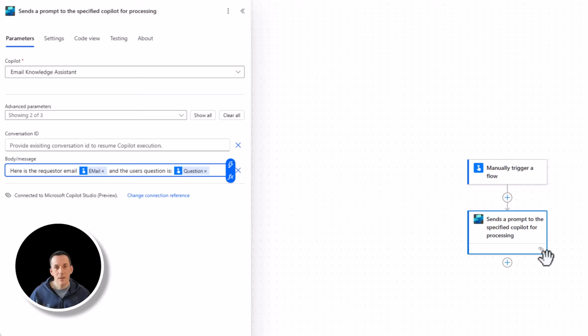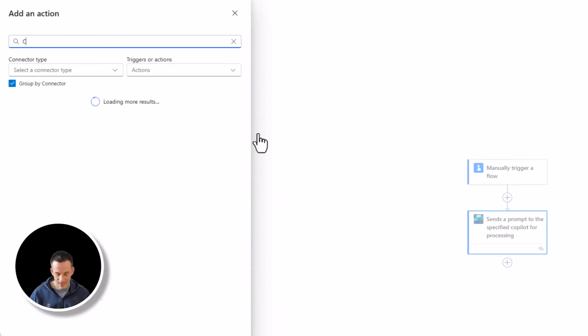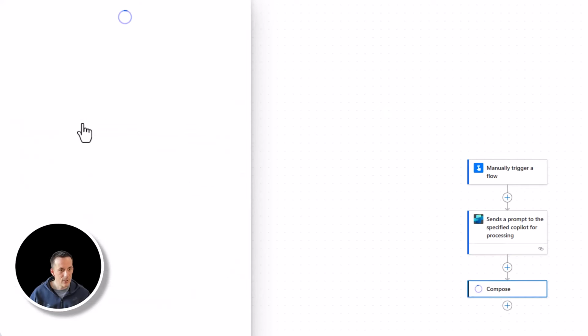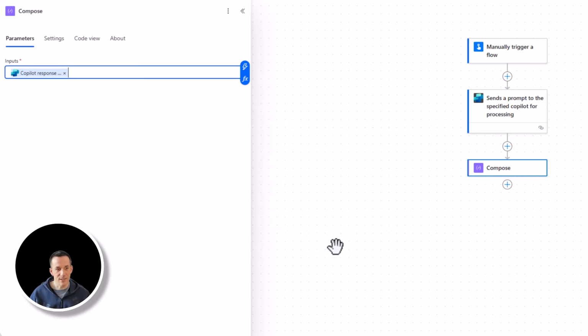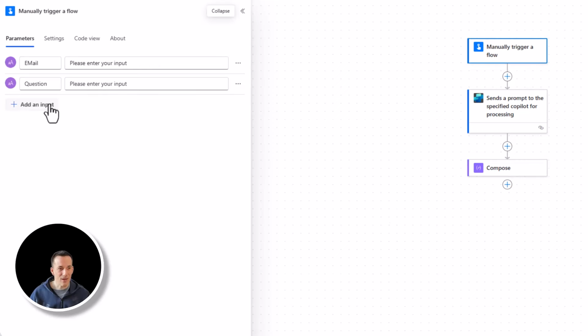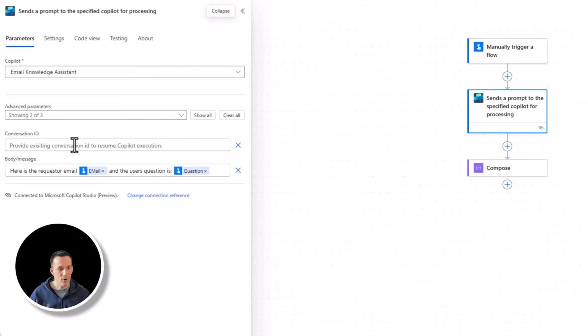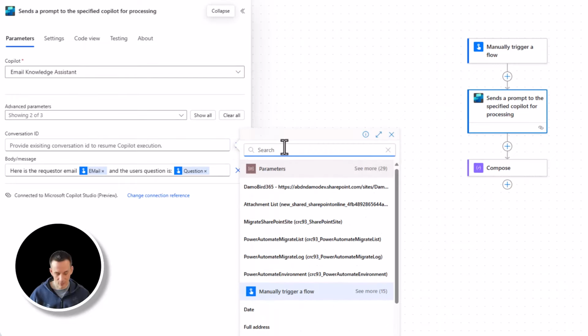In terms of testing and understanding that conversation history, if you really want to, you can add in an action here for compose, and you can use the dynamic content for the output of the conversation ID, which will allow you to copy that and then paste it in for a second run. So what I would do there is I would add in an extra input here. We can call this the conversation ID. We can go into the ellipsis and make it optional. And then if we go back into the send a prompt, we can go and add in the dynamic content